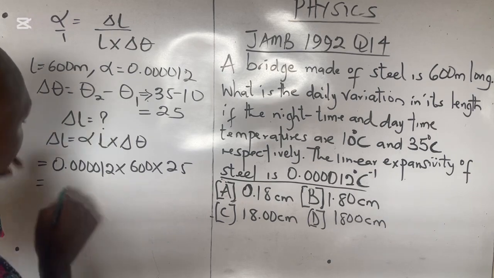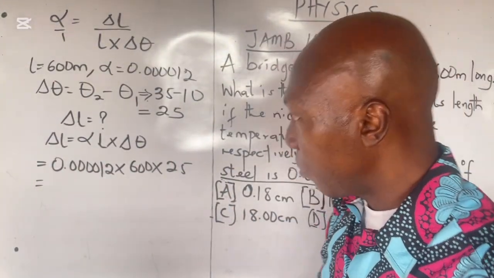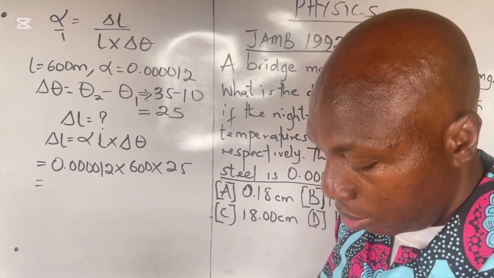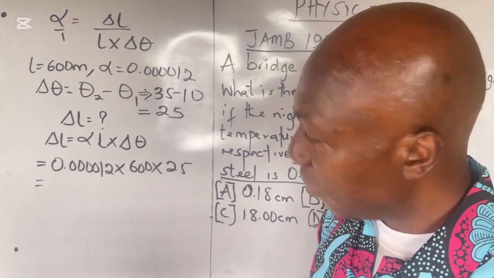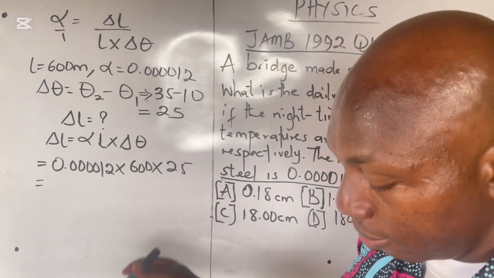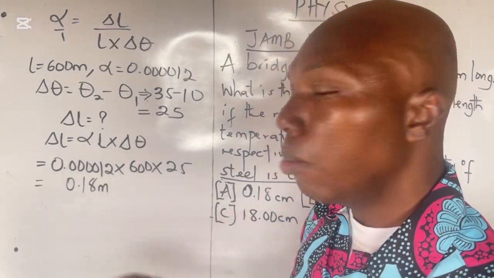So let's evaluate this. Let's see the results. When we multiply 0.000012 times 600 times 25, you will get 0.18 meters. But don't forget,